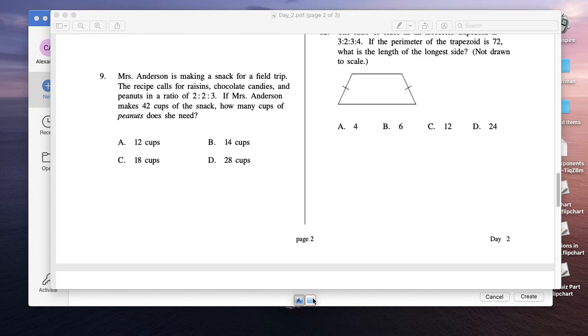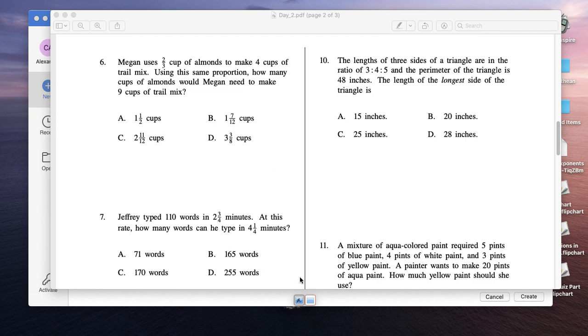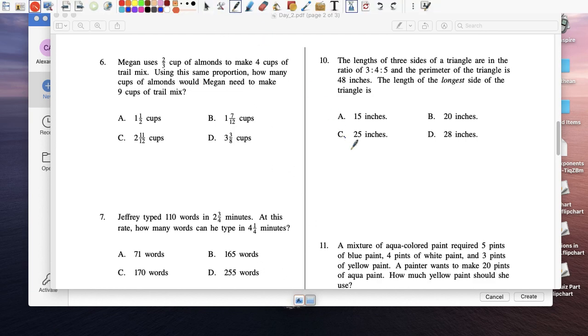Where am I going next? Number 10. The lengths of the 3 sides of a triangle. So here's a triangle. I'm going to draw 3, 4, and 5. Let's go 3, 4, and 5. The perimeter of the triangle is 48 inches. The length of the longest side of the triangle is